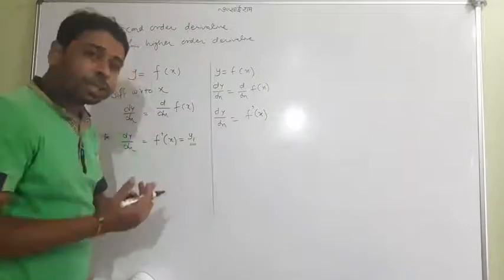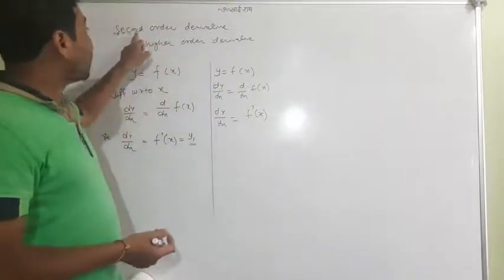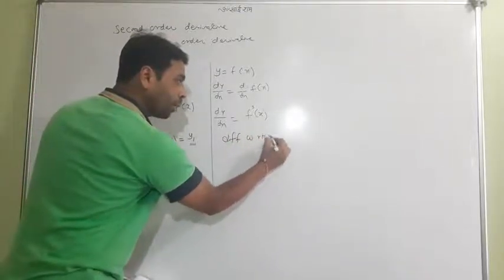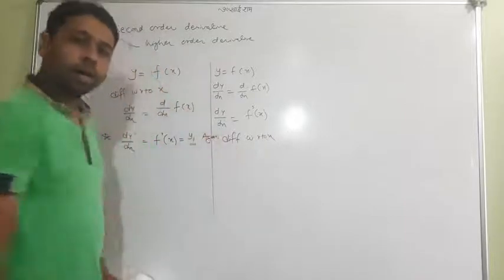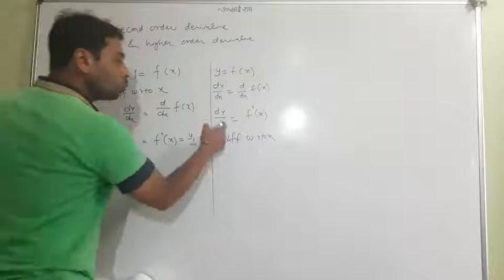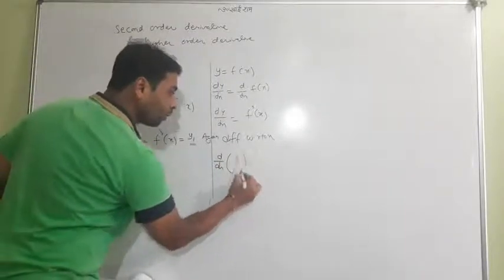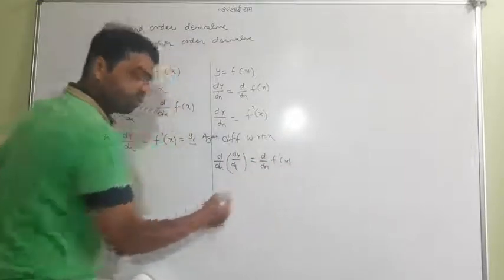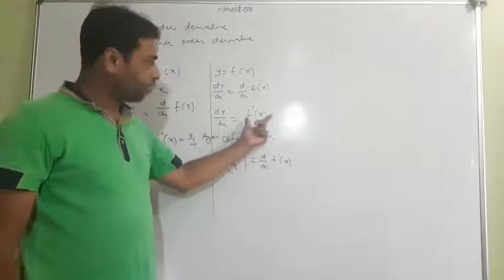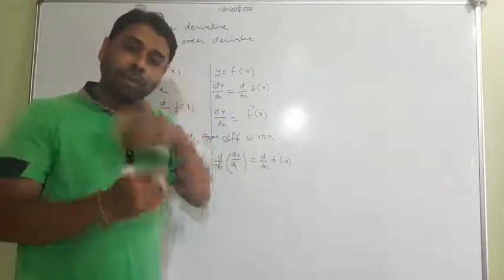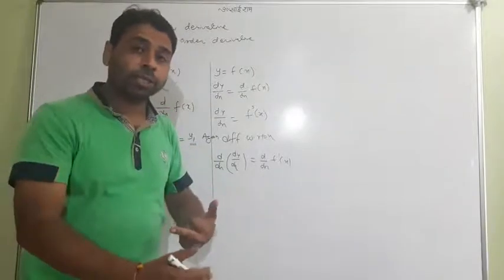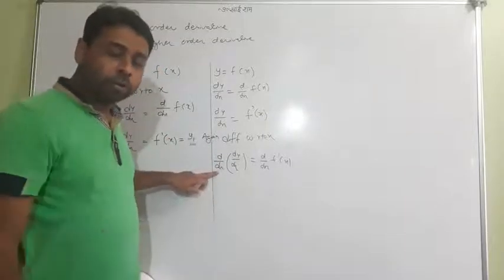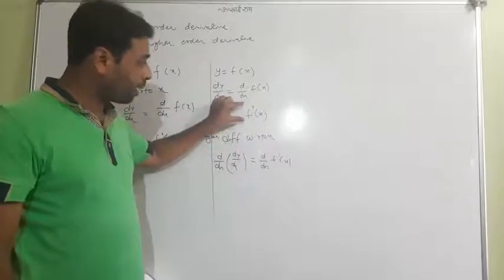Now, the thing which I am specially telling you is the second derivative, meaning you again differentiate with respect to x. Look at the term, again differentiate with respect to x. So you will write d by dx of this term. Till now you studied only the first differentiation, and that was the answer. But this time we are learning that if the function is successively differentiated a second time, it will be d by dx of dy by dx.